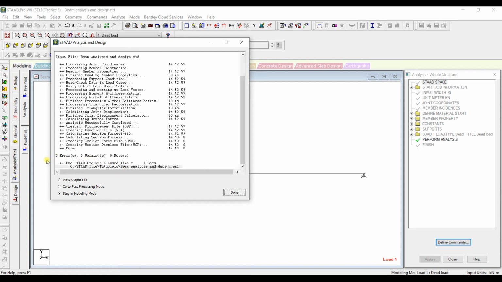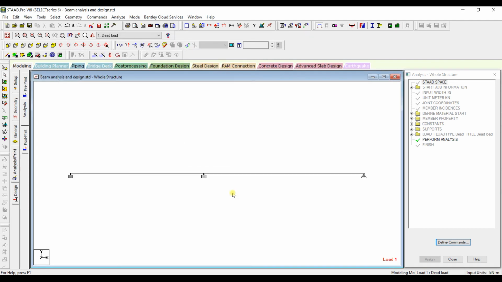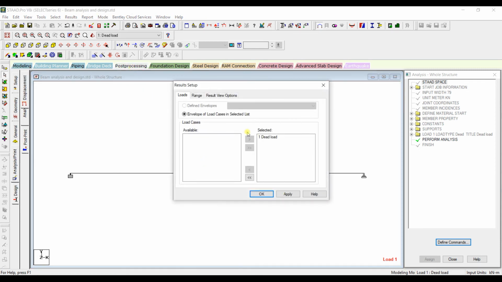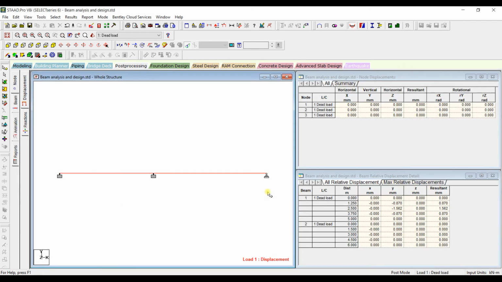If you see any errors here, you need to rectify them first. To see the analysis report, you need to go to the post processing mode, left click over here and select the loads, click on apply. This is the displacement diagram.